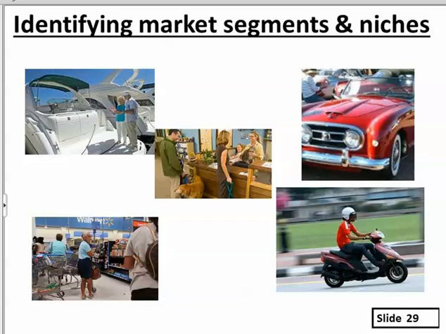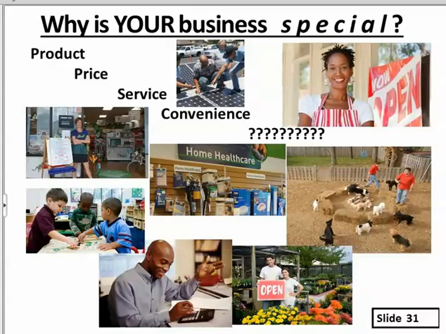So again, all these pictures do is display different niche markets that might be appropriate given a particular business scenario. In other words, a business opportunity. Okay, so with that said, we're going to move into a slightly different idea, and that is, what makes your business so special? If it isn't special, you wouldn't be taking this class, right? If you didn't think it was special.